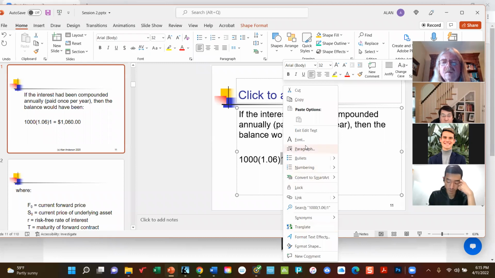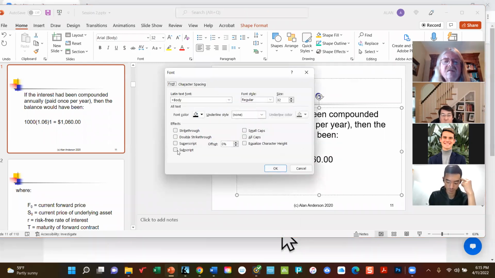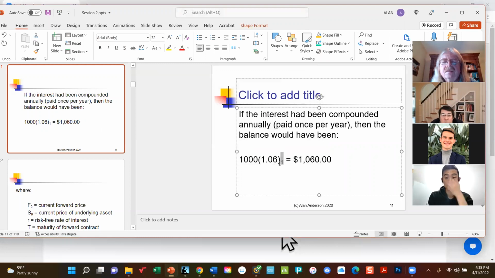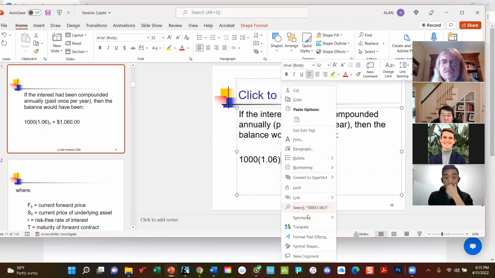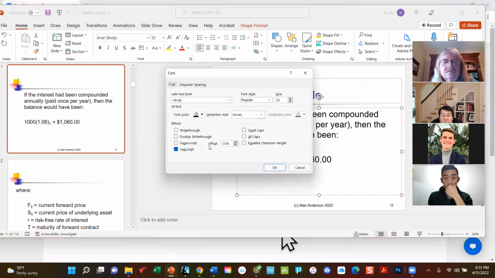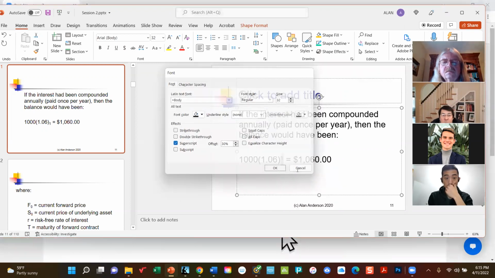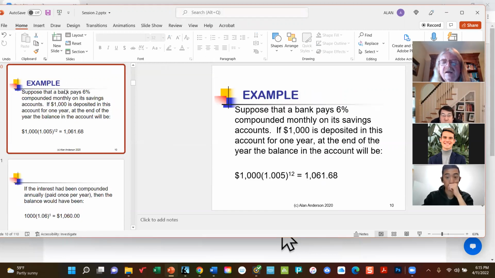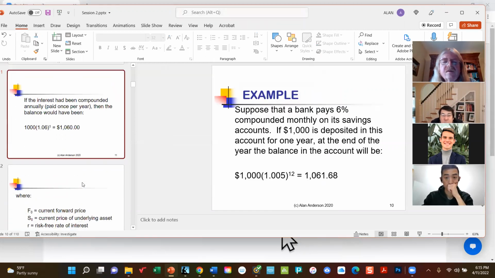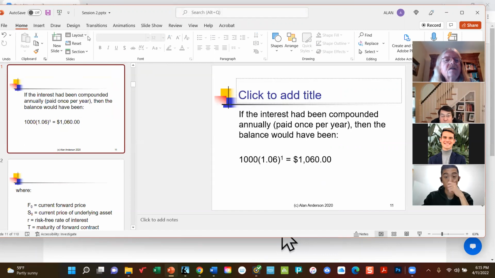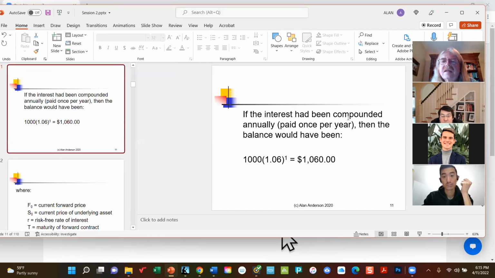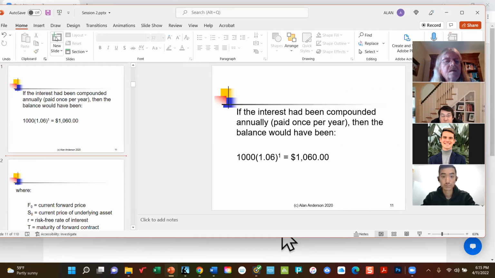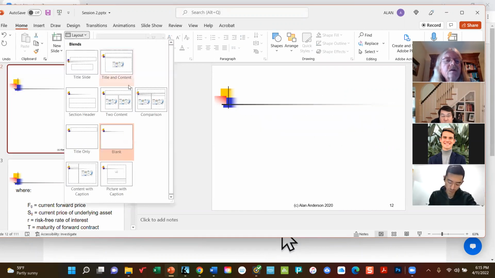So why is there more money this time? Why do we have more in our account? So in other words, instead of $1,061.68, we've got $1,060. So this is an important example, because what this means is that we can see very clearly that we